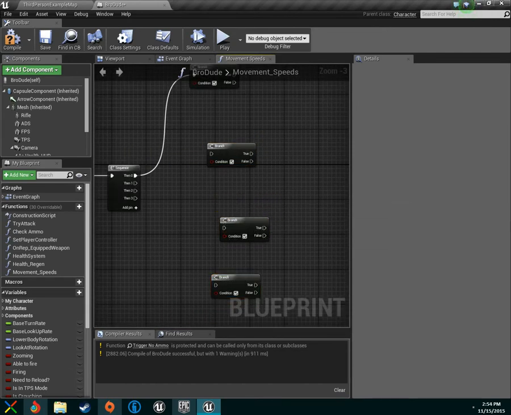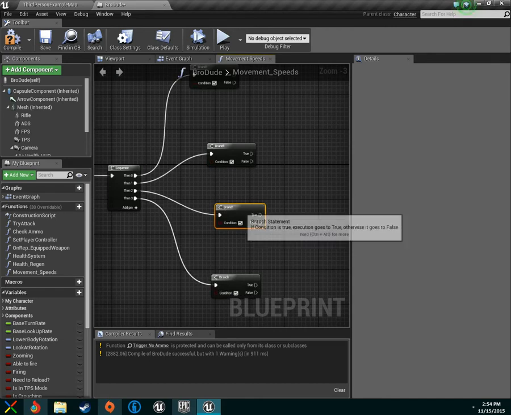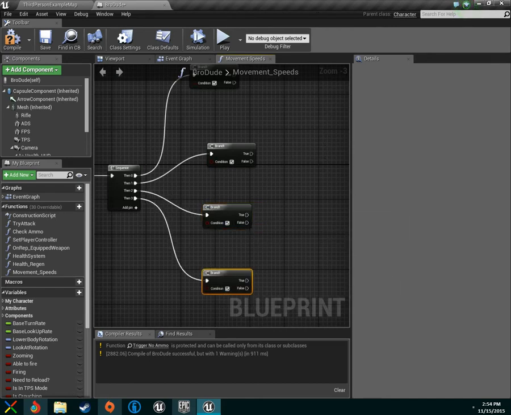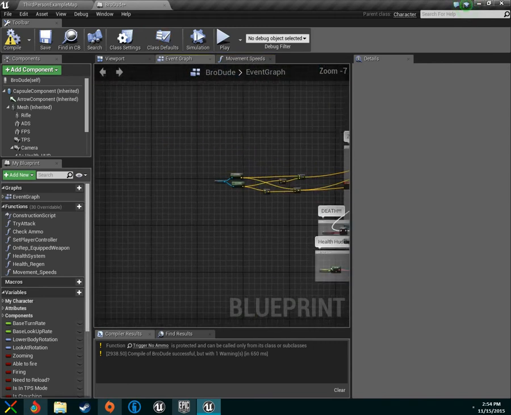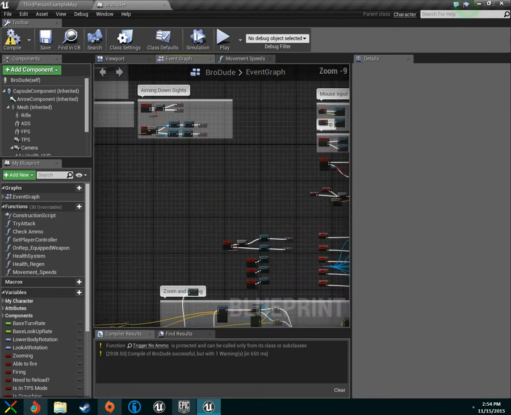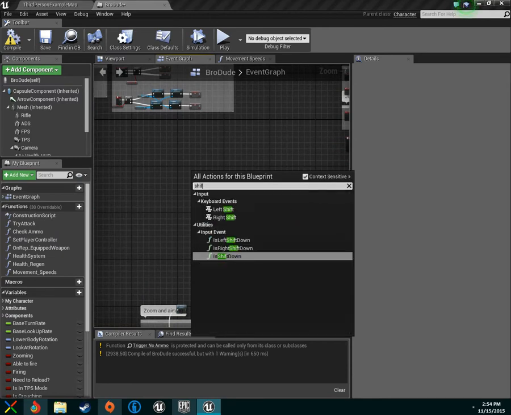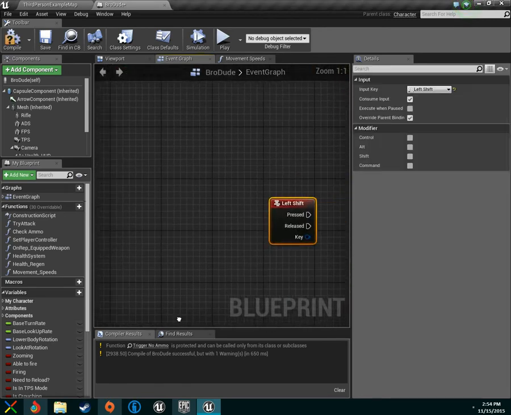Whoa, those dupes. So you'll drag each one, and I may not be using all of these, but I believe I will. We'll see. So, we'll want to add one extra little thing that we have not actually done yet. That's sprinting. So we'll go somewhere where we've got a nice blank spot, and we'll type shift. And you can do both left and right shift, but honestly, it's whatever you personally want. I feel like the most common button for sprint would be left shift, or if you're a Minecrafter, left control,